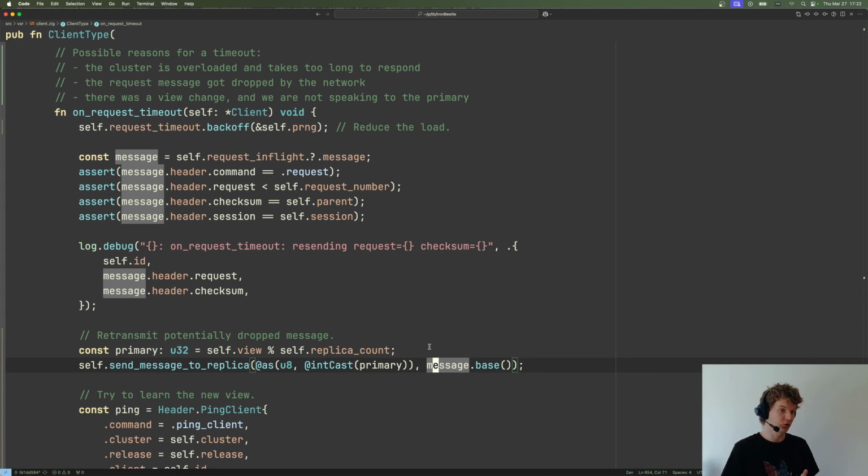But we don't actually know the view. We need to learn the view number from the cluster. And it would be reasonable to say that you could learn the view number from the ex-primary, from this replica 1. But if it is dead, then it cannot inform us about our view. So